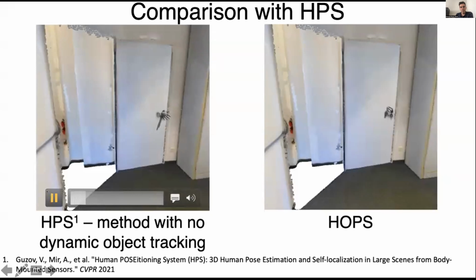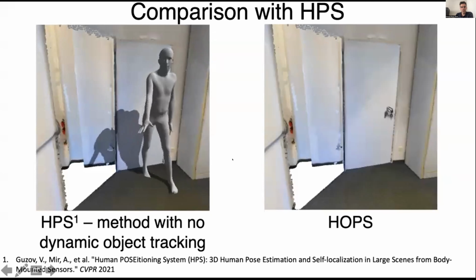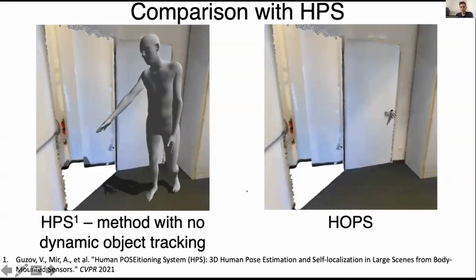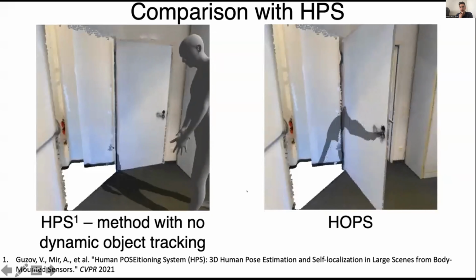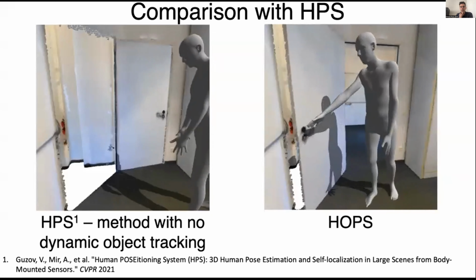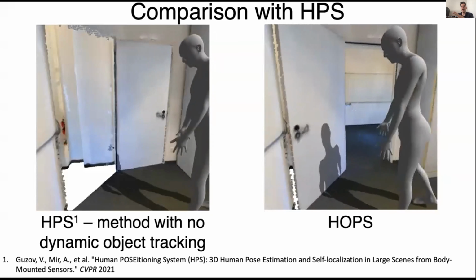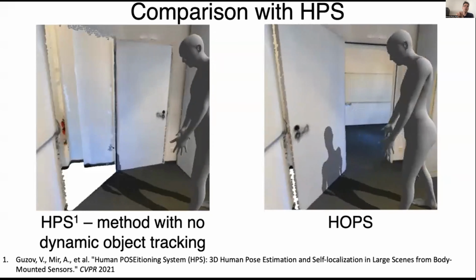So what does this mean? Before, we had this HPS method that cannot reason about the object. And now we can recover the human and the object jointly. So this is quite interesting because you could imagine some VR applications in which you're opening a physical door, but this also opens a virtual door to a new environment and so on. So apart from the goal of learning agents that interact with humans, this can also have immediate applications in VR and AR.